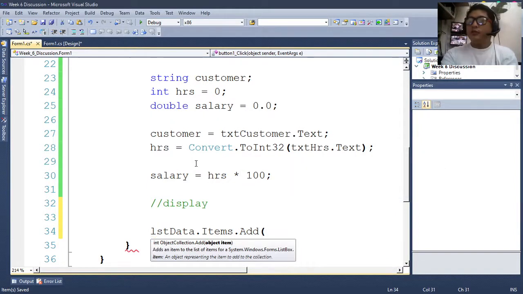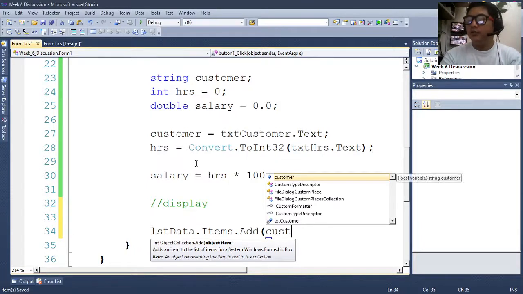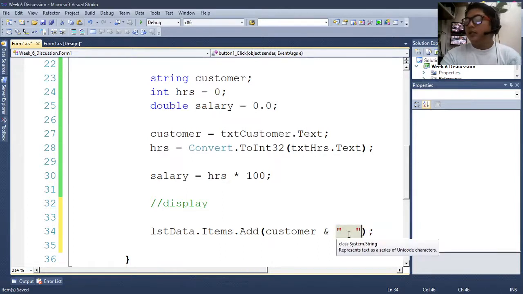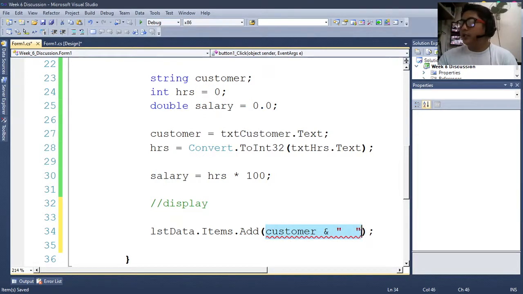So in order to add the data from a list box, you will not usually perform the regular approach like customer, something like that. Because what will happen, when you add, that is considered as one line or one row. And sometimes, others add a space. If you do that, it is no longer particularly set in columns. So, in order to set it in columns, you need to use string